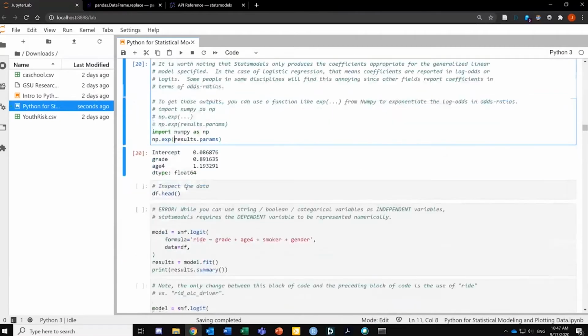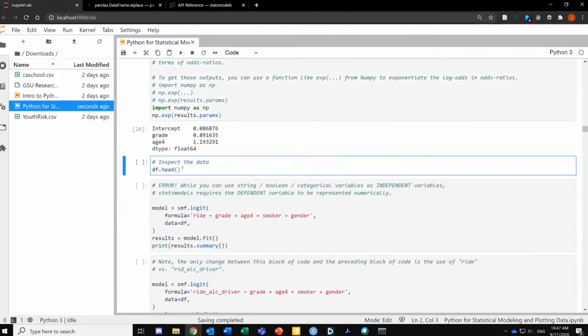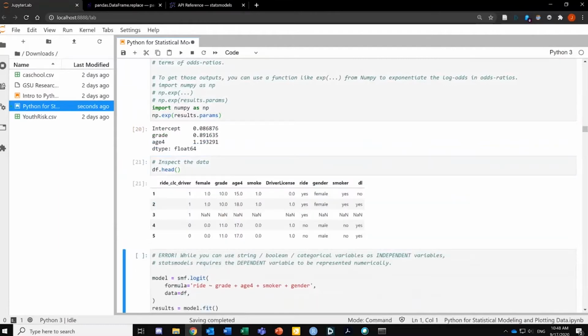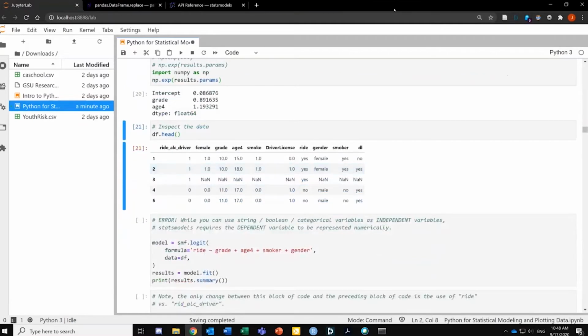Going to scroll down a little bit further. df.head, shift enter. Like, all right, cool. Let's look at this data. Let me try something. With the logistic regression model, which requires a binary dependent variable, I'm going to use